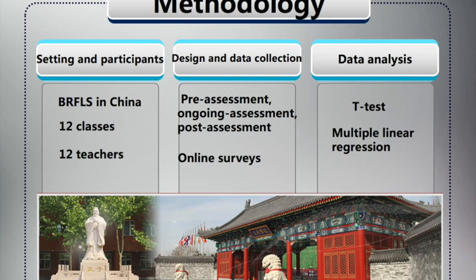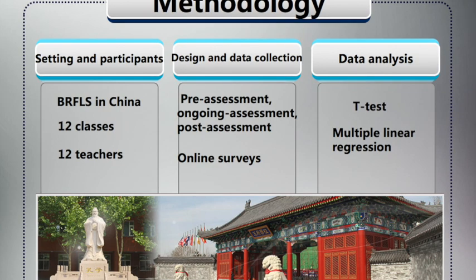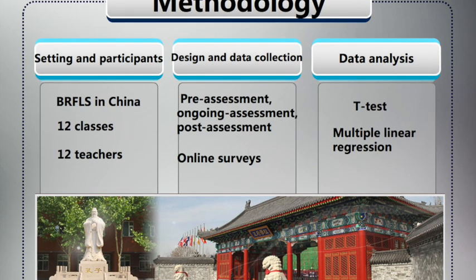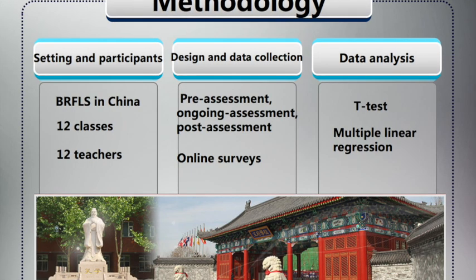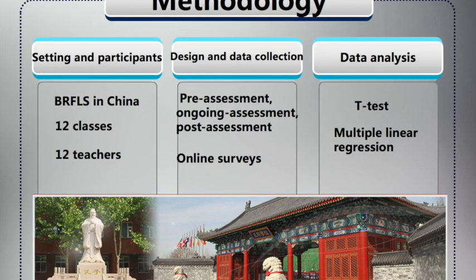Second, design and data collection. For the control group in each grade level, the mathematics teacher will teach students in the traditional way. Meanwhile, the intervention group will be taught by using the mentioned 4 strategies. Data collection will take place over the course of 1 semester, and 3 periods of data collection were designed.